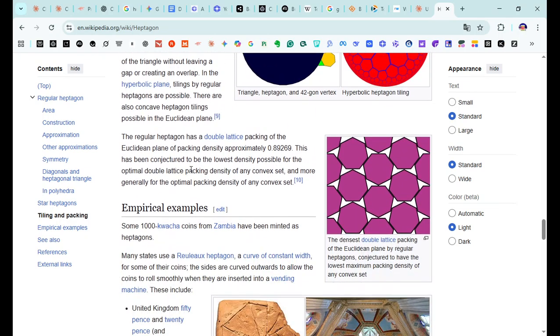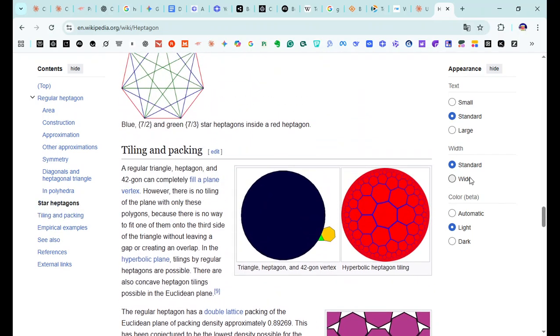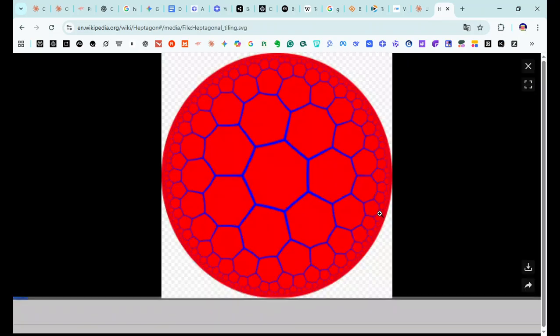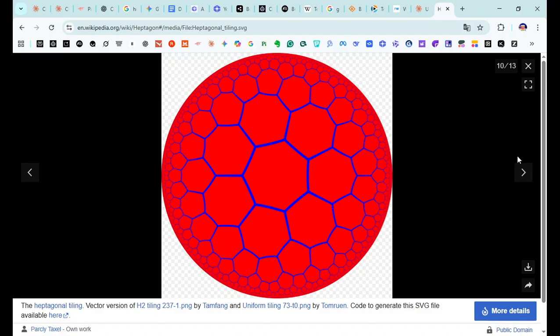I love maths. I love all the different weird stuff related to geometry, but this is my favorite finding. And I based the whole concept on this structure.